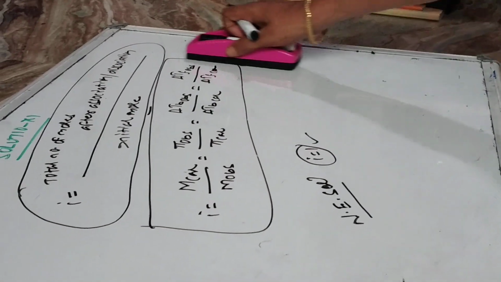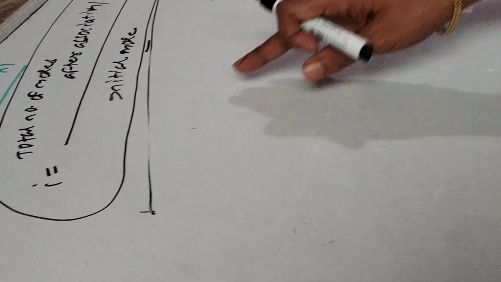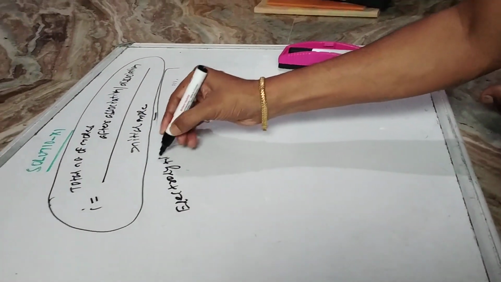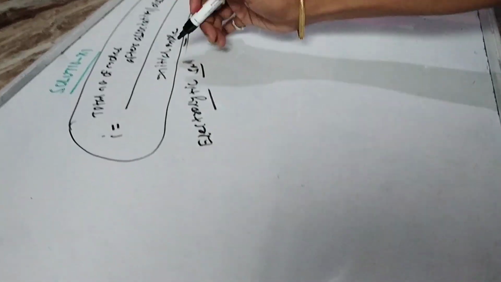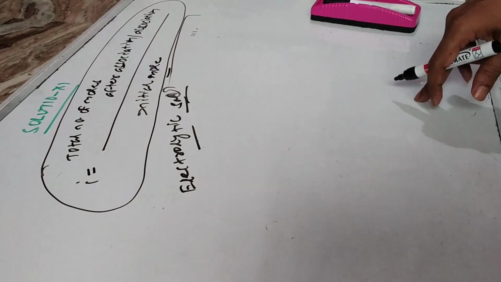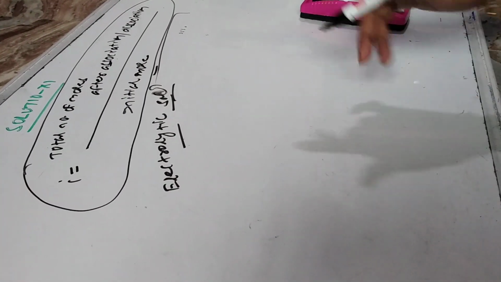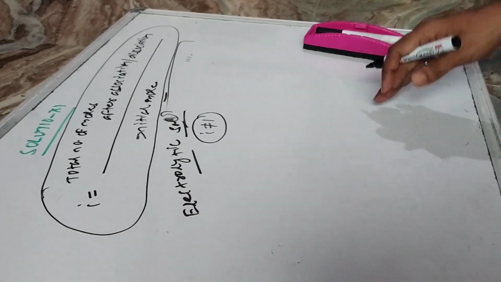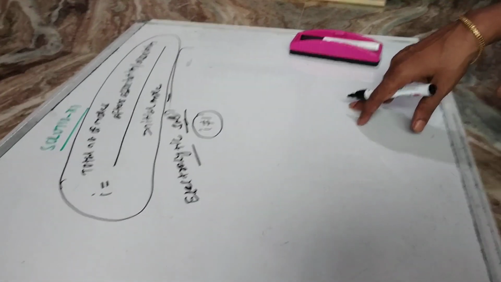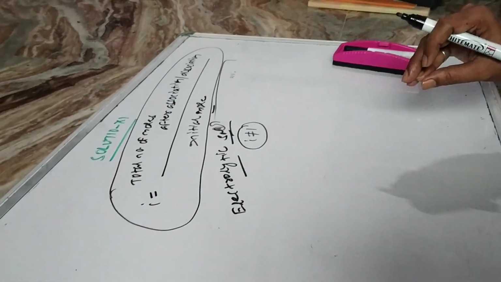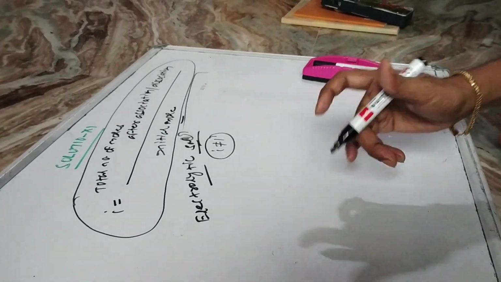But if you take an electrolytic solution, how will we calculate the i value? So I want to take an electrolytic solution in which the solute undergoes dissociation. If the solute undergoes dissociation or association, then i is not equal to 1. Then we can calculate the i value for dissociation of solute in solution as well as the association of solute in solution. Let's say first of all I will go for the dissociation.